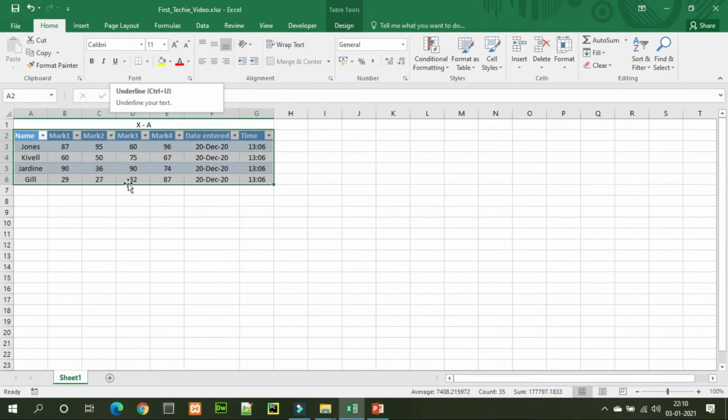Instead of that, we can do it by a simple shortcut key, which is pressing Ctrl B for bold, and to undo that you can press the same again. For italic we can do Ctrl I, and for underline you can do Ctrl U. Now if you don't want them, you can press Ctrl U to remove the underline and Ctrl I to undo